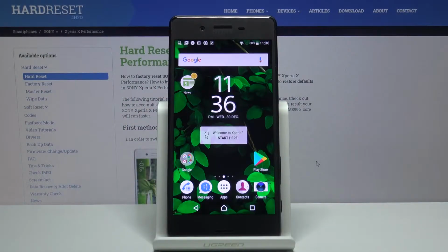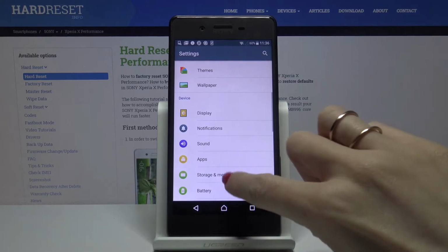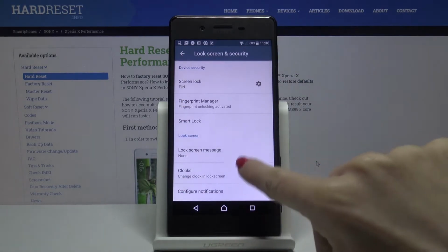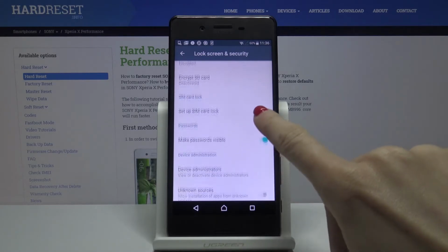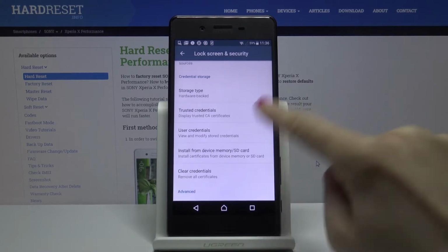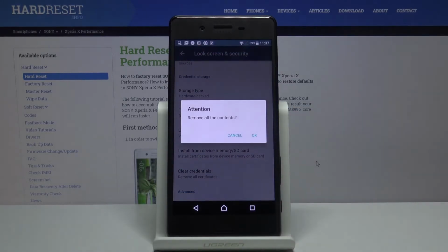In front of me is a Sony Xperia X Performance, and let me show you how to clear credentials on the following device. So at first you need to open the list of all apps and go to Settings. Here just open and select Lock screen and security and go to Credential storage. And at the bottom of this list you will notice Clear credentials, smoothly marked, and then confirm